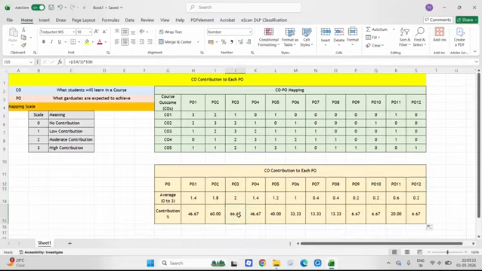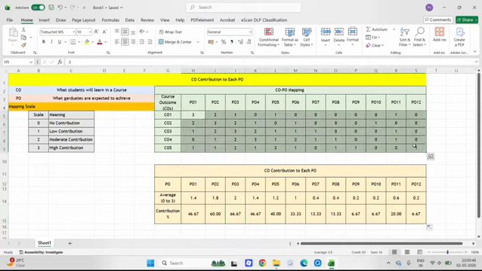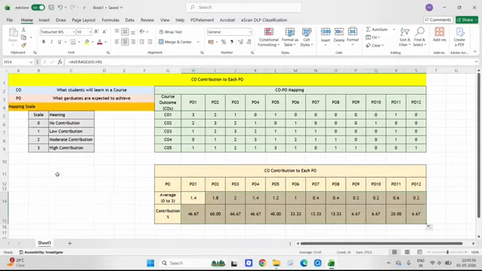The reason I'm making this video is that nowadays I am looking at LinkedIn, and everybody is just posting a snapshot of CO contribution to each PO, but no one is explaining how this is calculated and how to map CO and PO. So my suggestion is, before coming to this point, try to learn how to map CO and PO. Then you can easily find this out. So this is all about this video.